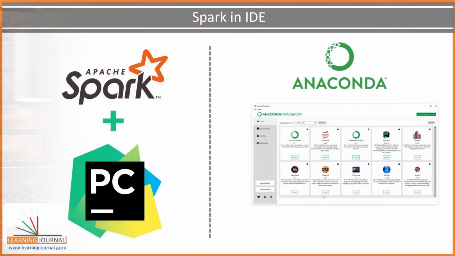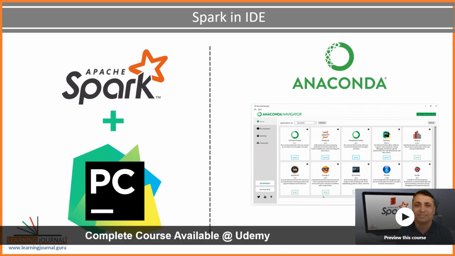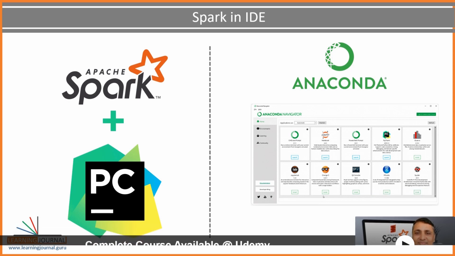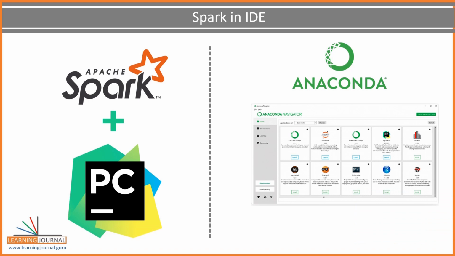So let's start. I am going to use PyCharm Community Edition and also assuming that you already have PyCharm installed on your machine. We will be using Python as our Spark programming language, and I already recommended Anaconda distribution. So I am assuming that you also have Anaconda pre-installed on your system. If you have Anaconda and PyCharm installed on your machine, you are ready to use PyCharm for Spark development. No unique setup is required. You can straight away start using it. So let me show you an example to make sure that we can run and test Spark programs using PyCharm.